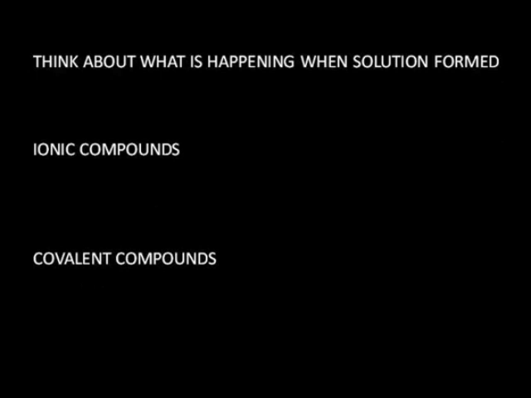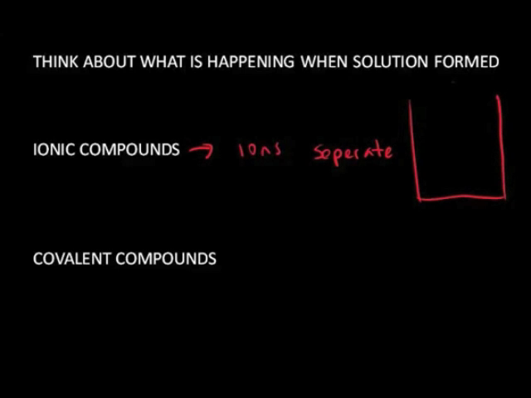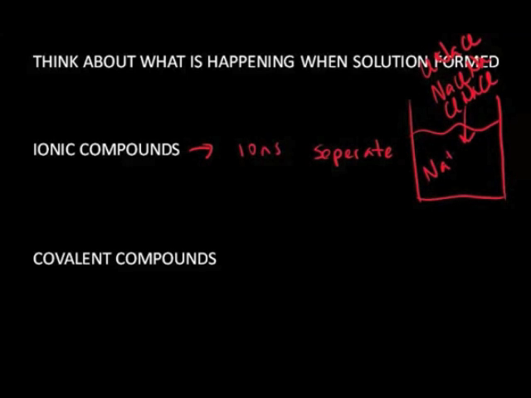So what we want to be able to do is think about what's happening when a solution is formed. For ionic compounds, it's very important to recognize that the ions themselves separate when a solution is formed. So we think about the ionic compound, say, table salt, sodium chloride, as a crystal with a lot of ions, the negative surrounding the positive and the positive surrounding the negative, etc., in the crystal. And when that is dropped into the solution, the sodium ion and the chloride ion separate,